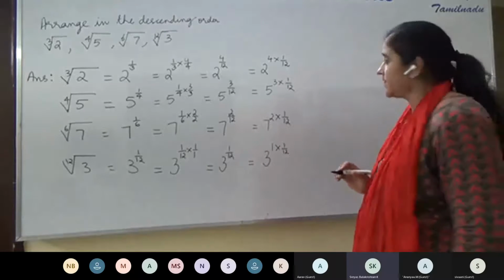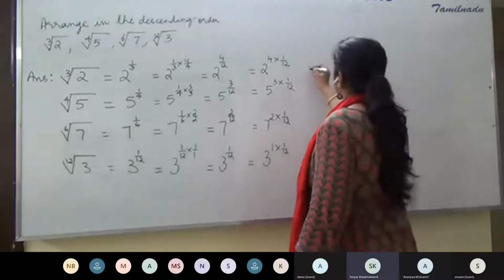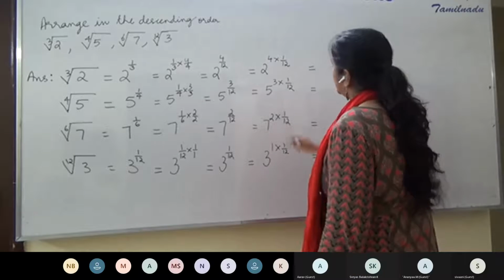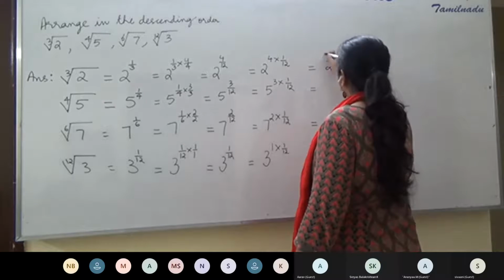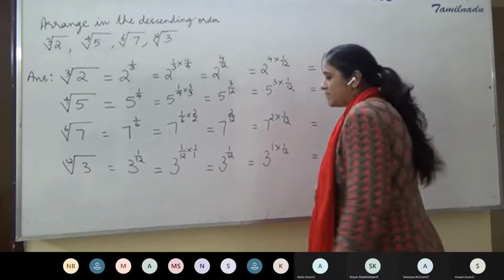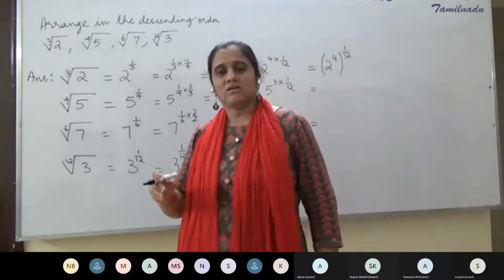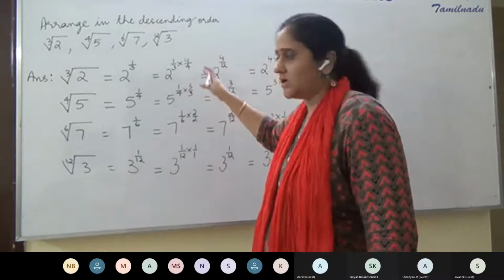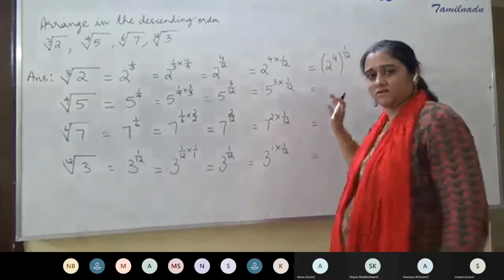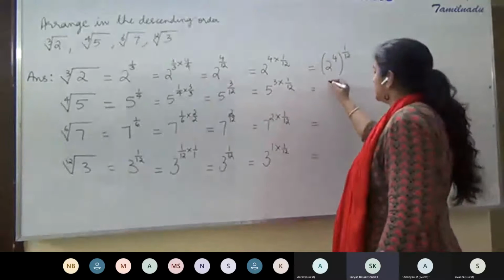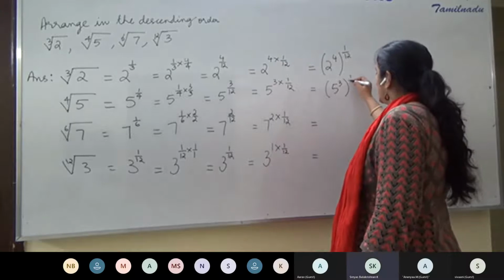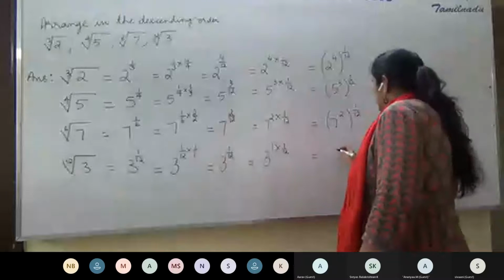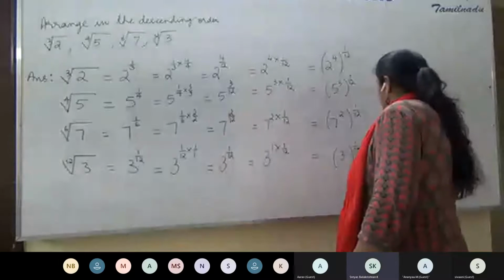Okay. So this is the next step. Now it's equal to 2 to the power 4, the whole power 1 by 12. See, I'm showing so many steps so that we understand. Once you understand, you can probably reduce the number of steps you're taking to get the final answer. So now I write this as 5 to the power 3, the whole power 1 by 12; 7 to the power 2, the whole power 1 by 12; 3 to the power 1, the whole power 1 by 12.